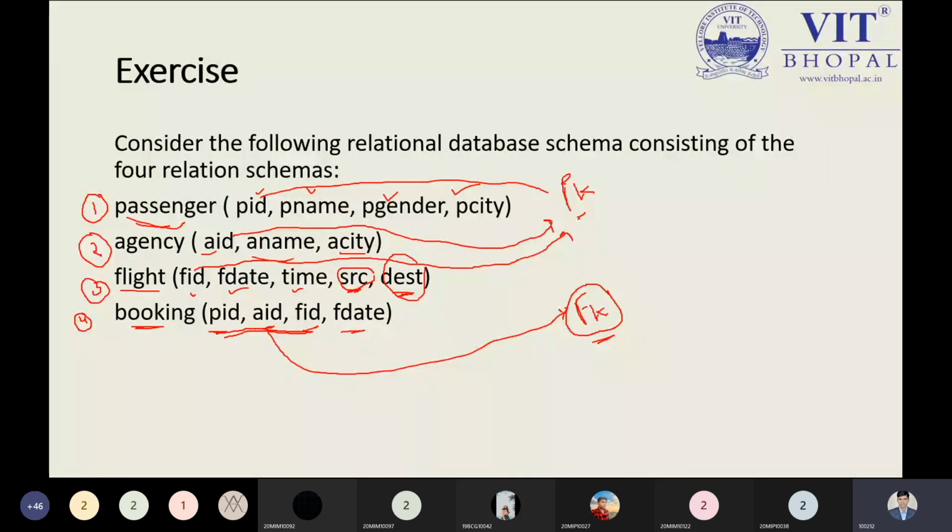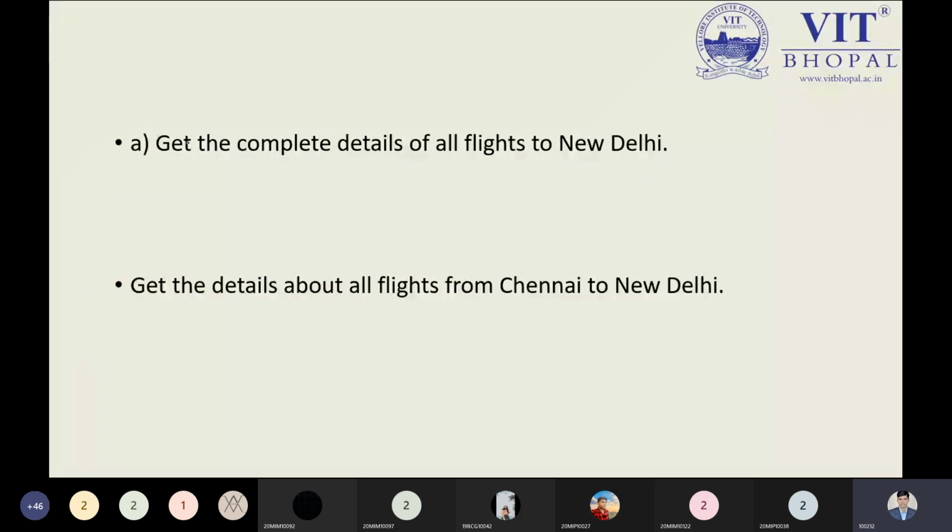So project, and then after this one and this one, now we are looking for the better result. Now talking about this part right now. What I have written is: get the complete details of all the flights to New Delhi. Can you tell me what would be the output?